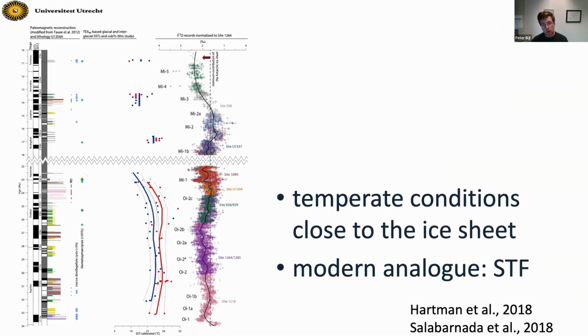So if we look at the biomarker record of that site, that's here in red and blue, we were able to distinguish glacial maximum and interglacial maximum samples. So you also see this sort of 15 degrees. I think newer calibrations would bring this down a little bit, but around 15 degrees for the Oligocene close to the Antarctic margin, which is warm if you think of it. But if you look at the dinoflagellate cyst images, it actually makes sense. Those two proxy data come really close to each other.